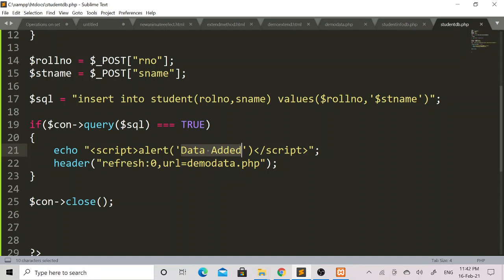In order to take some time to display this message, I have added refresh colon 0. So this page will take 0 seconds to refresh. Within this duration this message will get displayed, and after that I will be redirected to demo.php, where I have created a registration page.